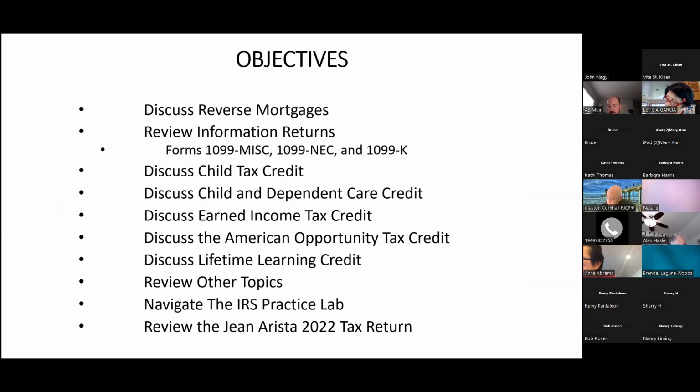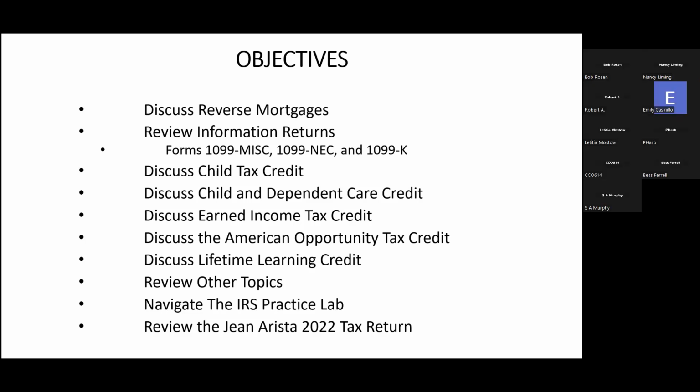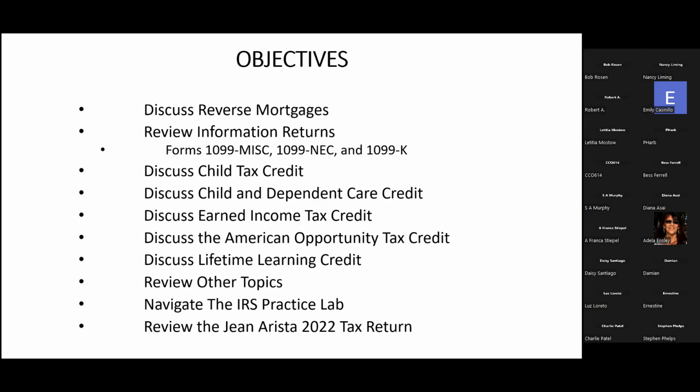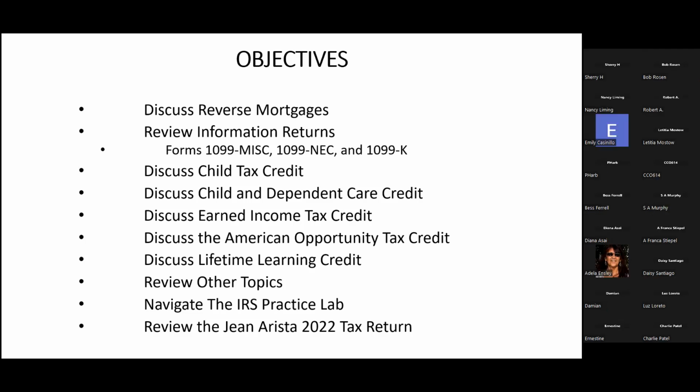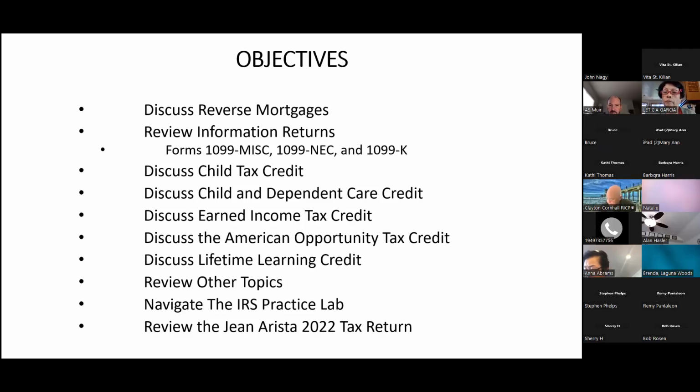An example of an information return would be a W-2, or a 1099-T if you're a college student attending university. And then what you're going to do at the VITA site is ask taxpayers for information returns in addition to that intake and interview form they're going to be completing. If you asked an IRS employee how many information returns exist in the IRS system, they will tell you many, many, many. There's literally hundreds and hundreds of them.